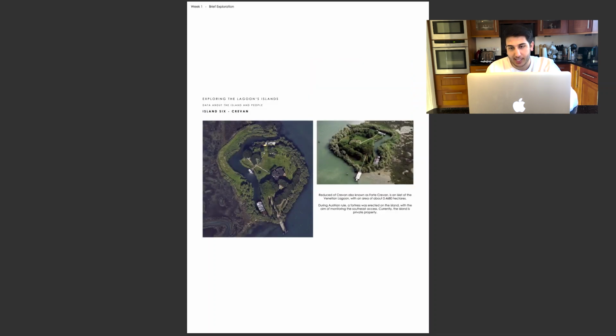Island 6, again, this is the typical, people buying the islands, putting their houses on there. It's quite interesting to actually know the history of the islands themselves and what they used to be used for. Some of them were fortifications, but now there's this whole new level of what people are using the islands for. Is it for a stronger purpose for the future, or is it selfish needs?